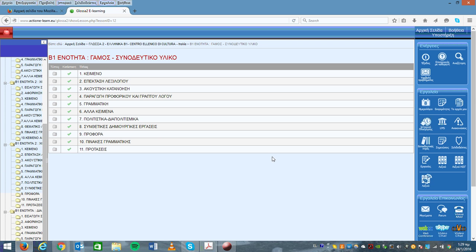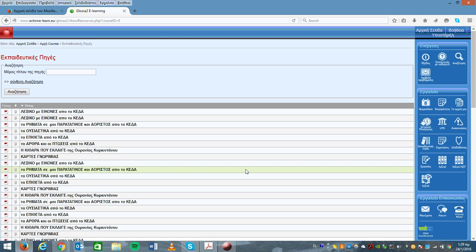Now, let's see what else we have here. We have the educational resources. Here the teacher adds some resources for the students to read. They don't necessarily connect to the topics we have studied, but they could be vocabulary through pictures or different e-books on grammar, or even some simple material, a literature text, an e-book again,